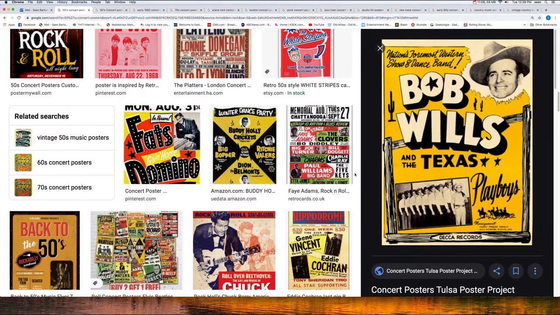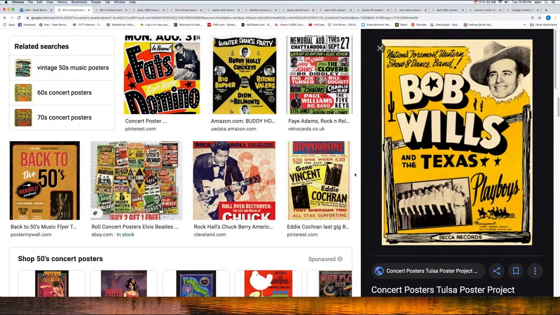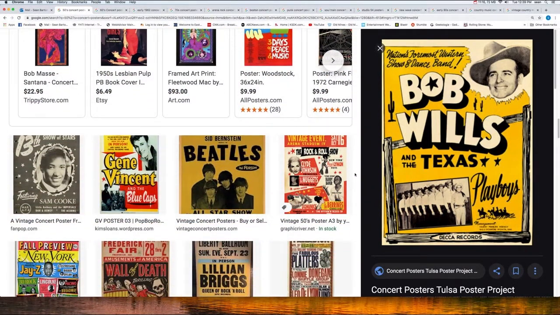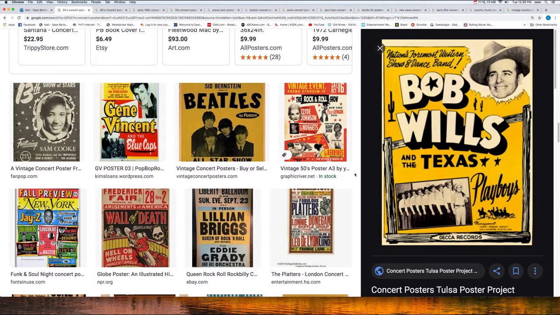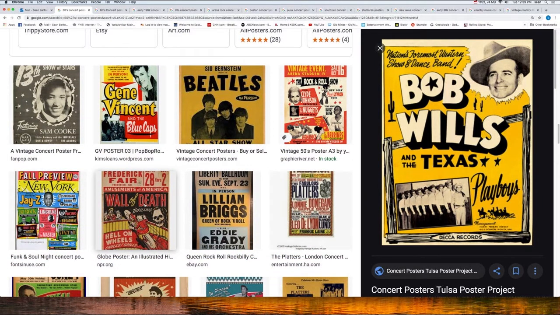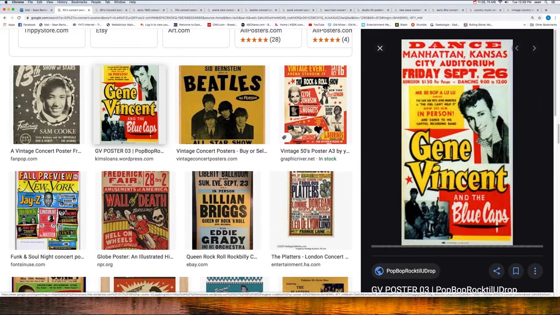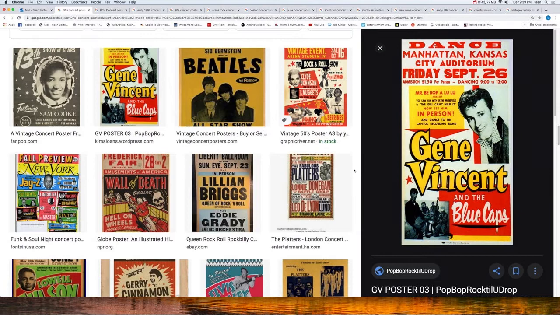Fonts are important. Color choices are important. So as we go along here in the 50s, you will see lots of different things. Now, here is funny. This was an old circus ad. The Wall of Death, the motorcycle going around the bend. So this was for a fair. So you can see the similarities between a county fair or a traveling circus and your concert posters. They were all kind of seen in the same vein as